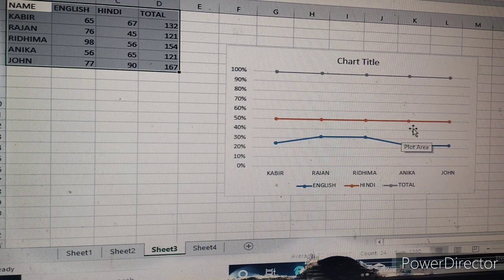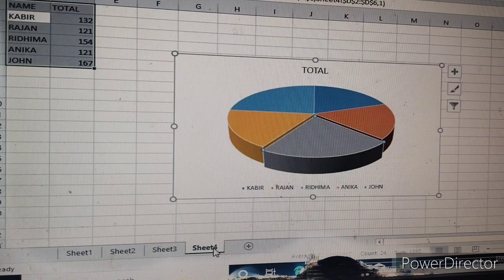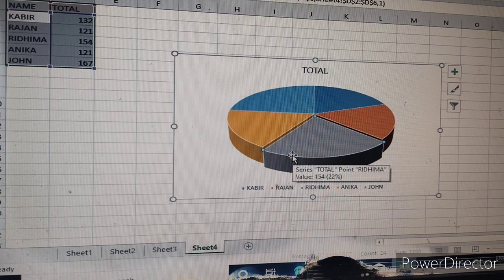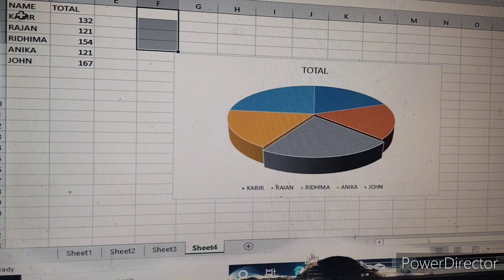Okay, next one is the pie chart. What is a pie chart? See children, this is called a pie chart. This chart displays data in the form of a circle that is divided into a series of segments. It shows the proportional size of the individual items that make up the data series to the sum of the items. In a pie chart we can use only 2 data series.